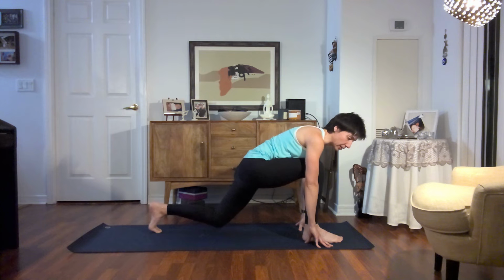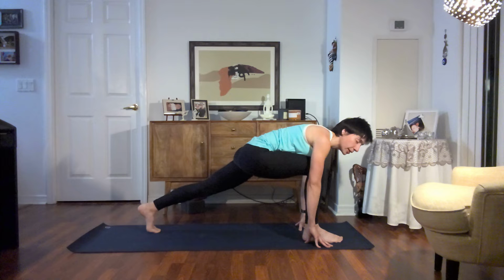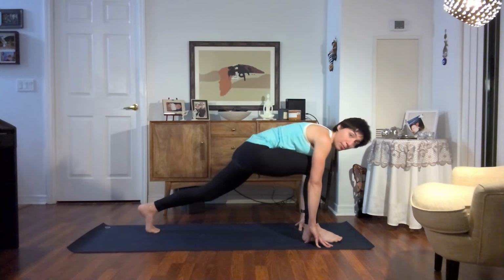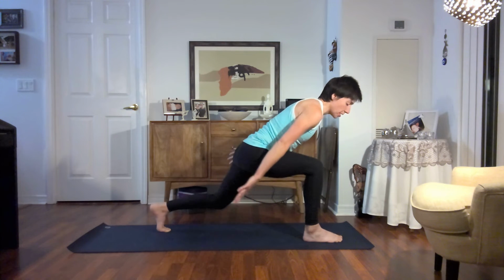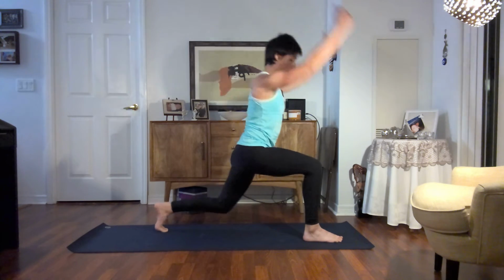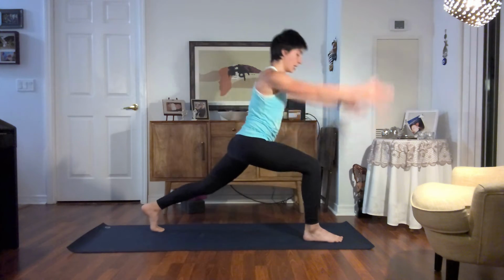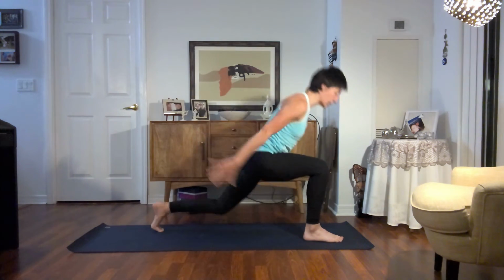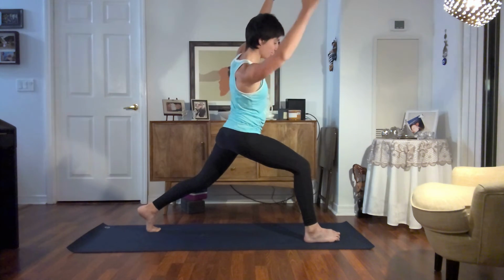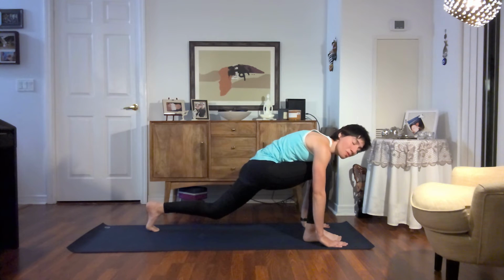Take an inhale here and lift. Let's do 2 more and we'll add more. 1 more, we'll add more. So you have the feeling here while you're stable. Hands beside you. Bend the knees. Inhale, lift, up. Exhale. Inhale. Exhale. Inhale. Exhale. Inhale. Exhale. Inhale. Whoopsie. And exhale. And now you can do your vinyasa or come all the way to the top of